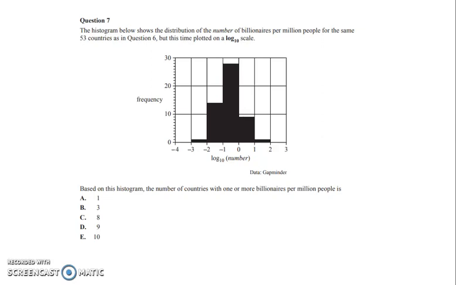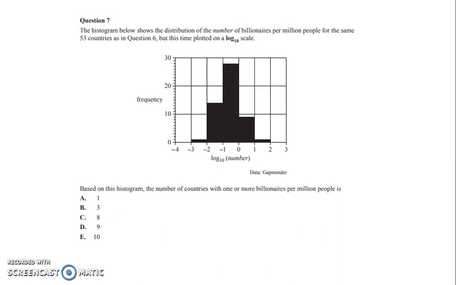Hi there, this is an exam question from the 2016 Exam 1 from the core section. This is question 7. The histogram below shows the distribution of the number of billionaires per million people for the same 53 countries as in question 6. We don't need to know anything from question 6 for this, but the data plotted is on a log 10